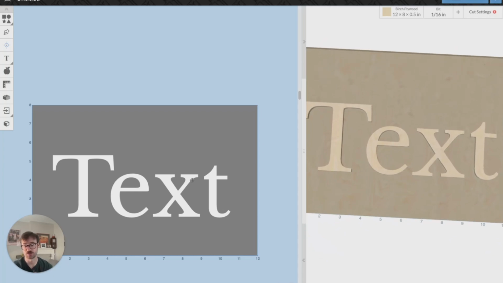So basically at that 0 cut depth, it's like we're erasing that part of the design from the rectangle in the background. Sometimes you'll add a rectangle